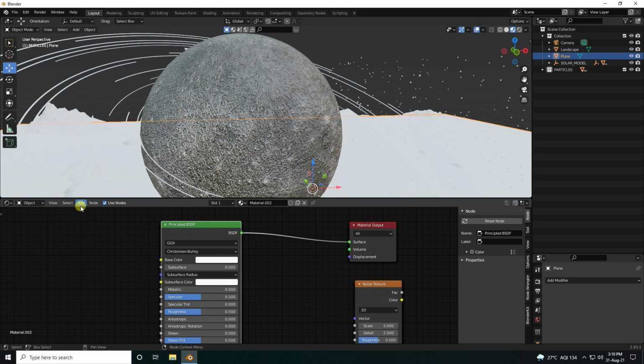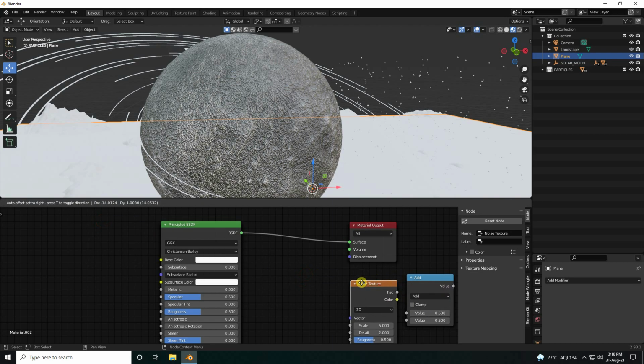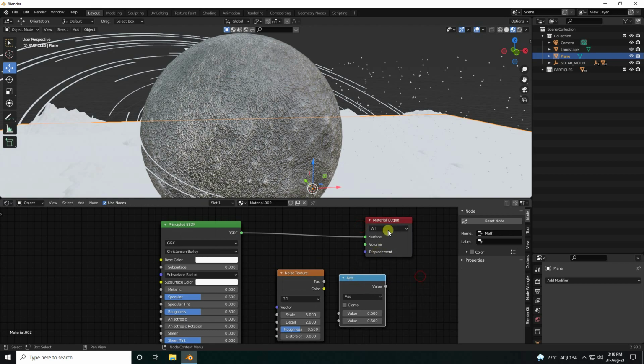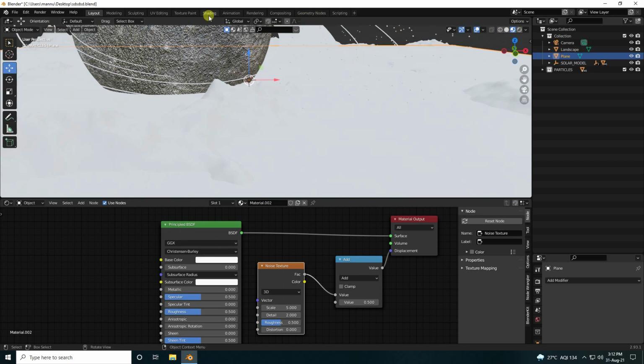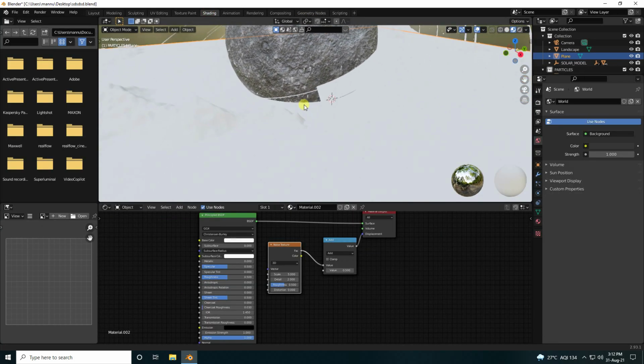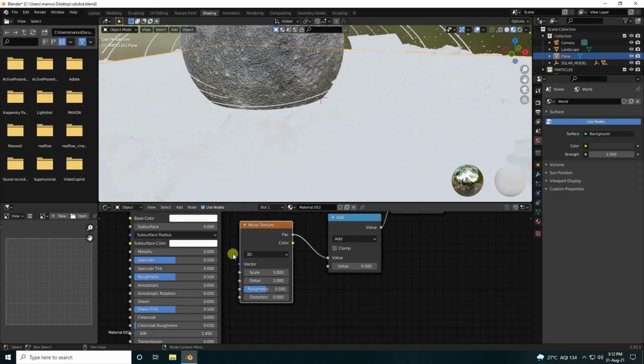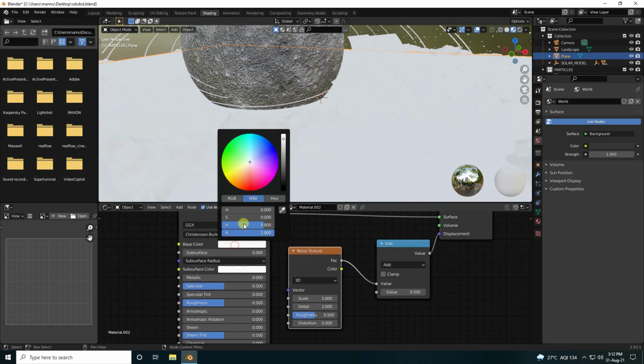Yeah, and next one, search and type Math, this one, and that's my Add. So guys, select this one, connect with Displacement, and this face connect with Volume, this one. Yeah, so guys, you can go to Shader here. It's also good. And guys, I change the base color, this one. Base color, guys, the color code is this one: H 0.65, and S I like 0.5.